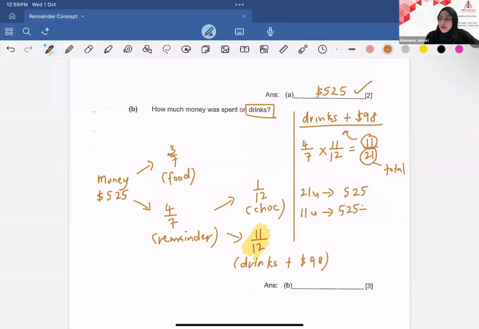So 525 divided by 21 multiplied by 11, we get $275. Therefore, the amount of money spent on drinks is 275 minus 98, and we get